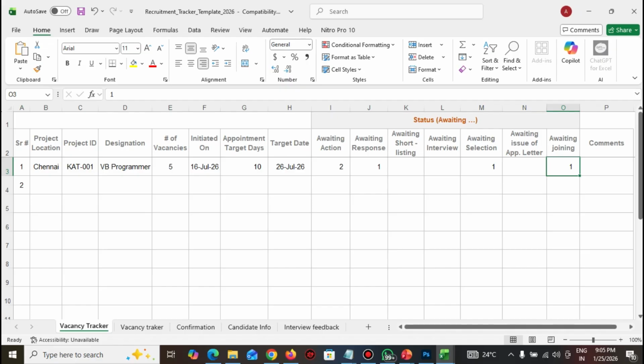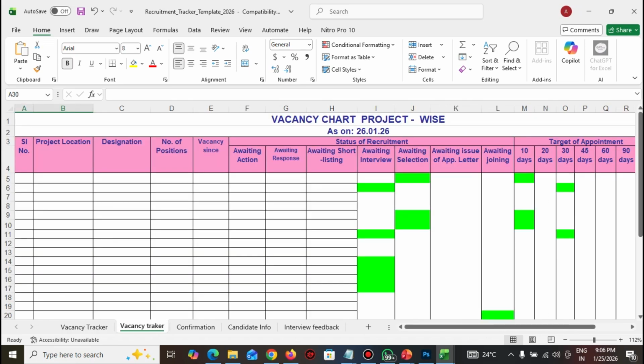Generally this information will be maintained in a separate sheet, but for our purpose we'll maintain it in the same sheet to understand how the process works. Generally once your vacancy tracker report is done, it changes again this way. Okay,